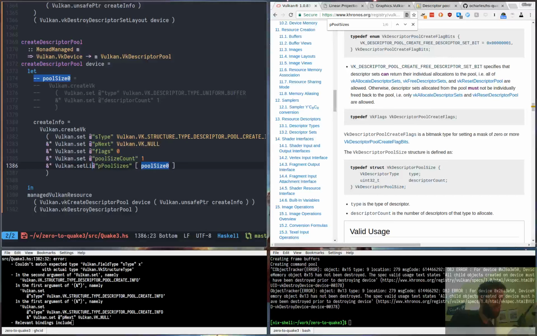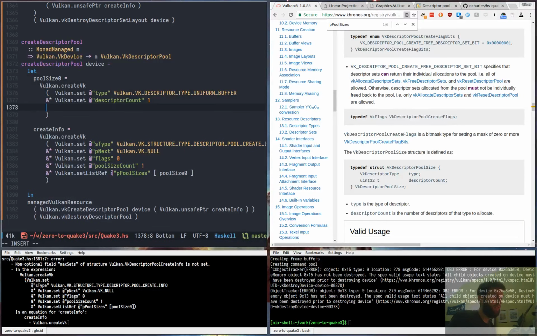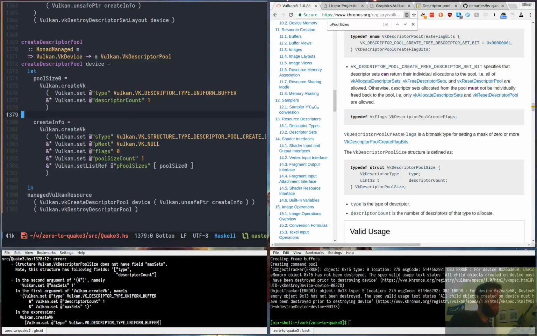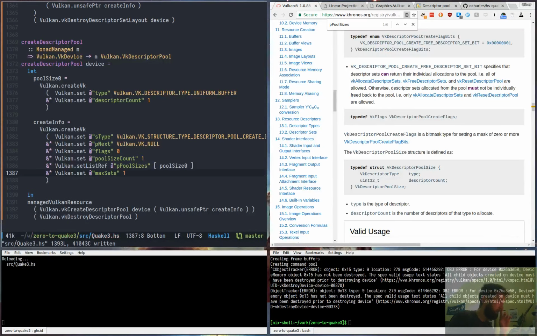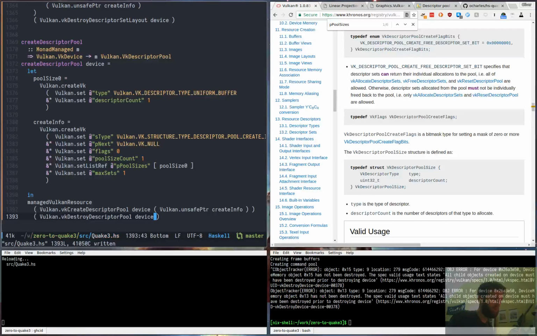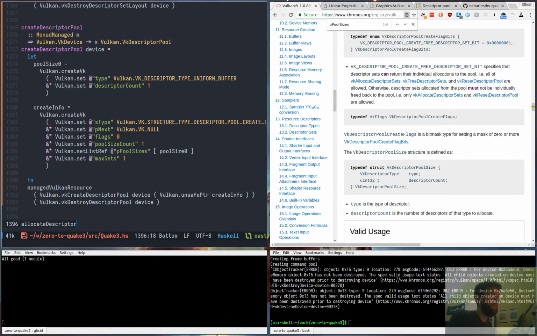I didn't list rough. I only want to get one of these things, so that doesn't go here, it goes here. So with one of these I should be able to allocate